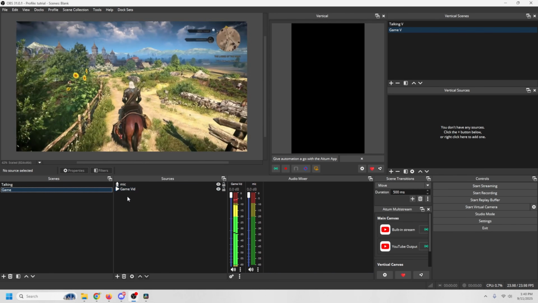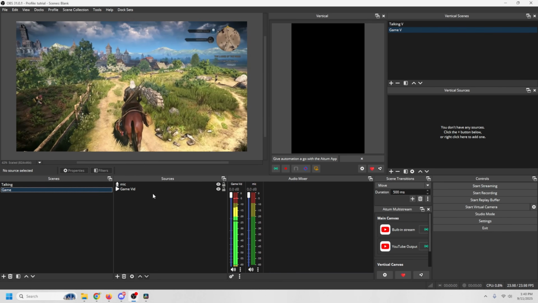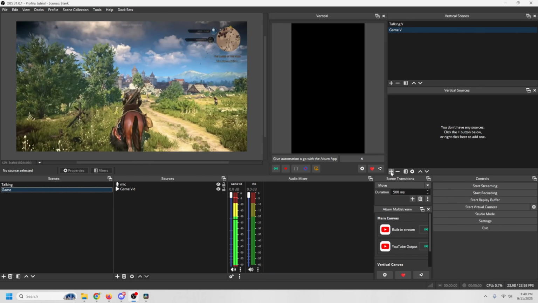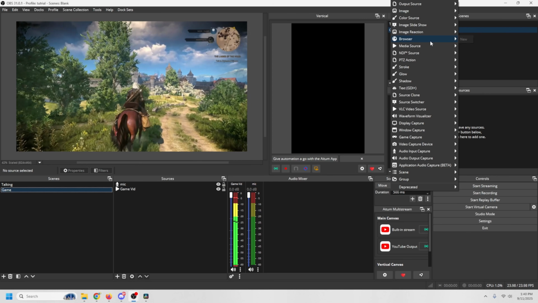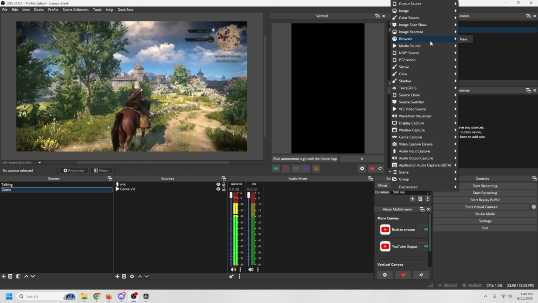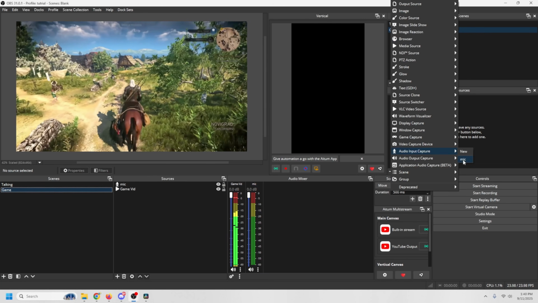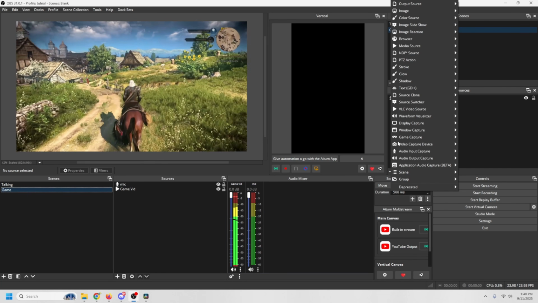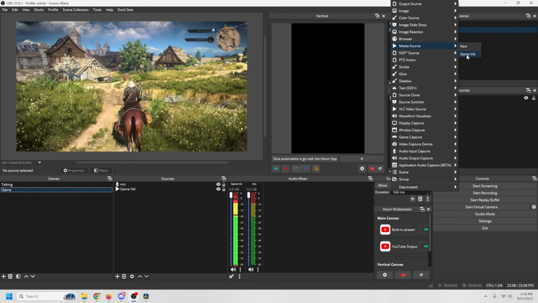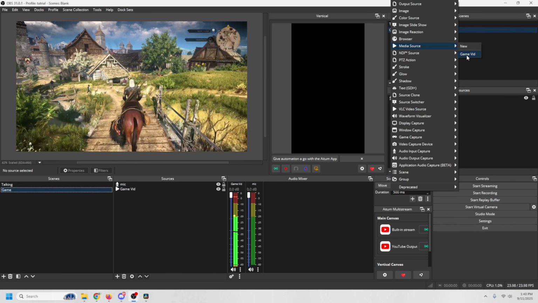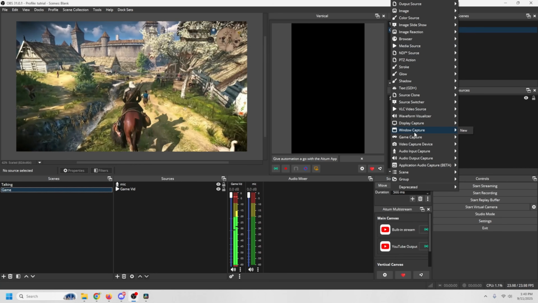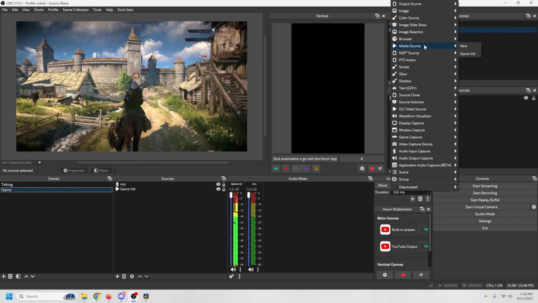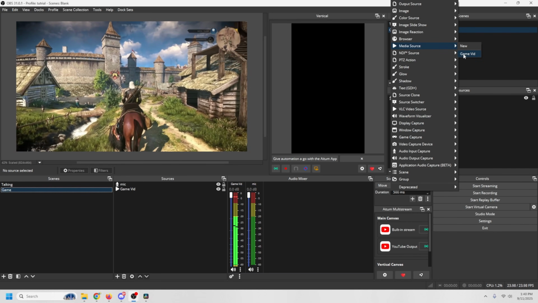So I have my mic and my game video. For this, it could be your game. I have the game video in there because we're just basically replicating what it would be like. So I'm going to add my microphone in there by going to audio input capture and selecting the mic, and there it goes. And then I'm going to go ahead and click the plus. And in my case, I'm going to go to media sources because that's what I have the game video playing through. But you might be going to window capture or game capture or something like that. Whatever it is, you're just going to go to there, and we're going to just select the same one